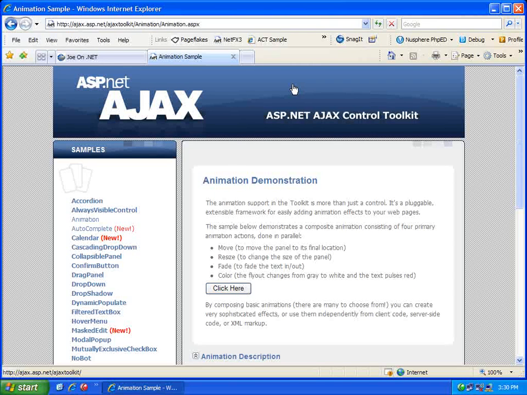So if you think about that, a declarative eventing mechanism coupled with predefined transitions that you can configure with parameters for size, position, and color, and add to that the ability to add any custom JavaScript code that you want to write. Basically, the limits of what you can do with the animation control extender are really only bounded by